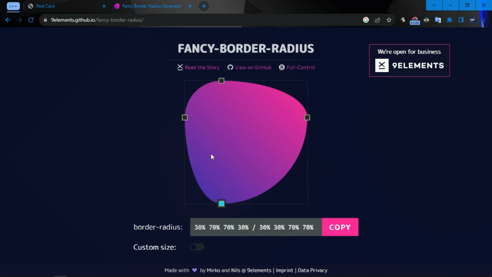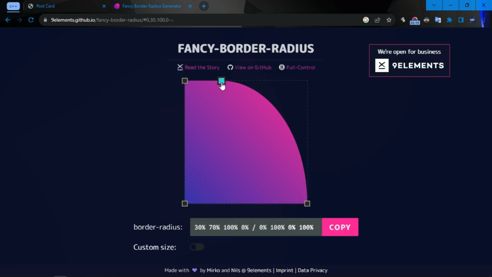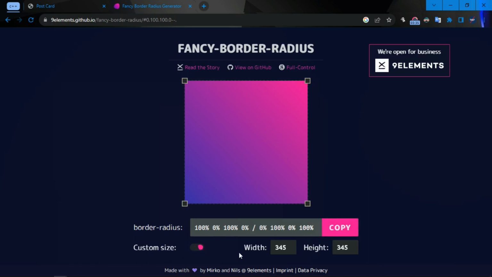As you can see, it has a little pinpoint at the end, so you can adjust it to get the shape you want. Now I made a square with a length and height which are equal. You can adjust the length and the height by clicking this button. As you can see, you can type and change whatever you want.